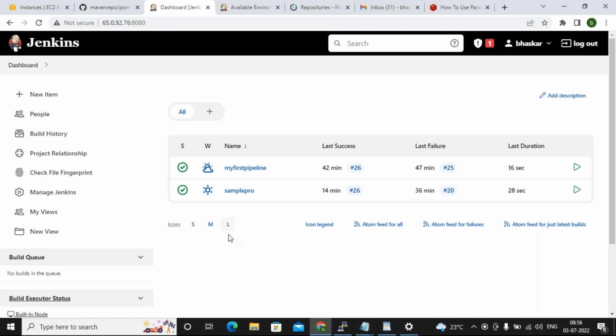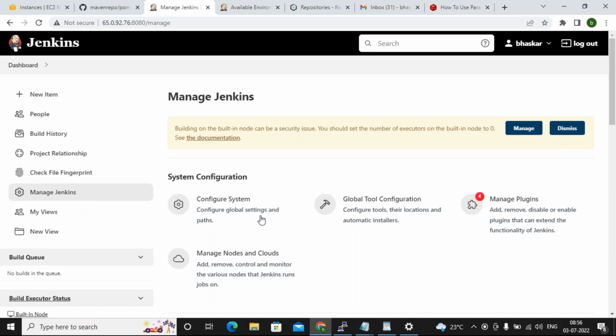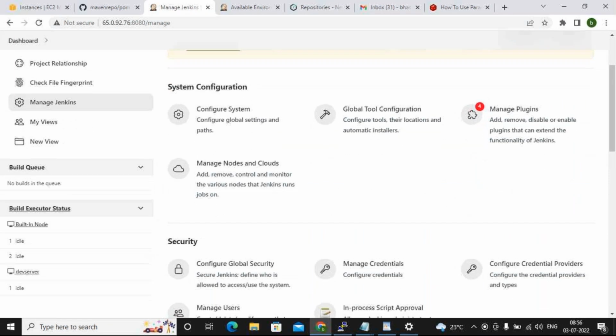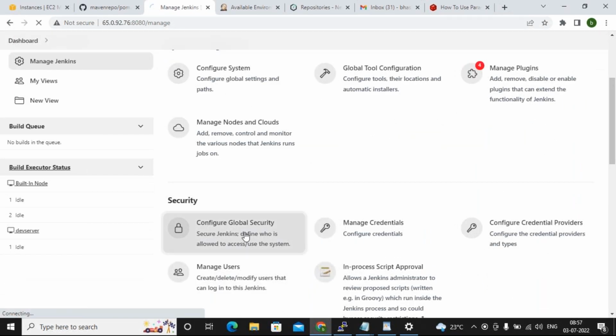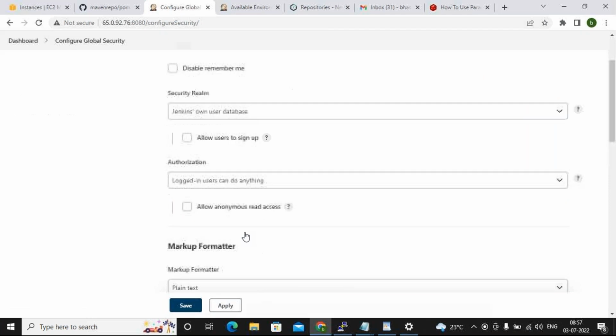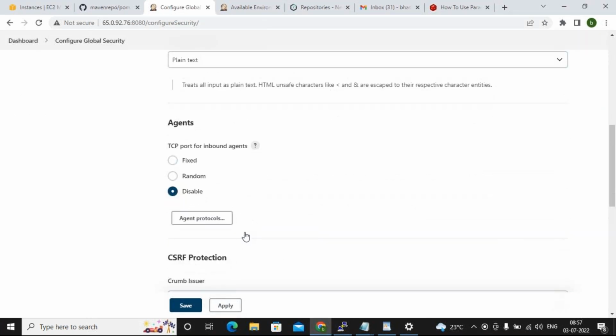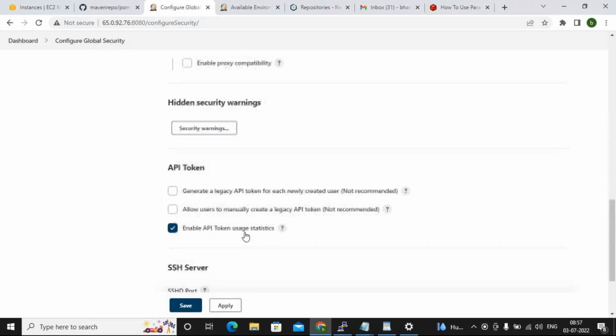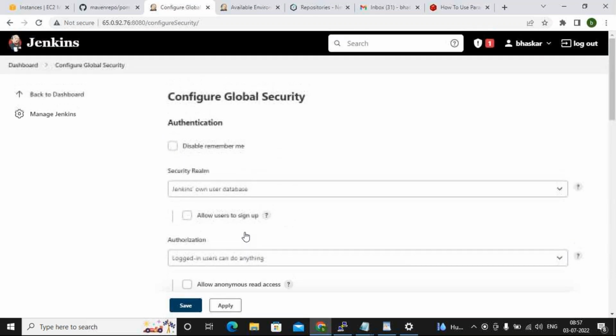Sometimes they want only particular job related access. So at the Jenkins level, I'm going to show you. Global security. Now I want to make sure that the authorization.